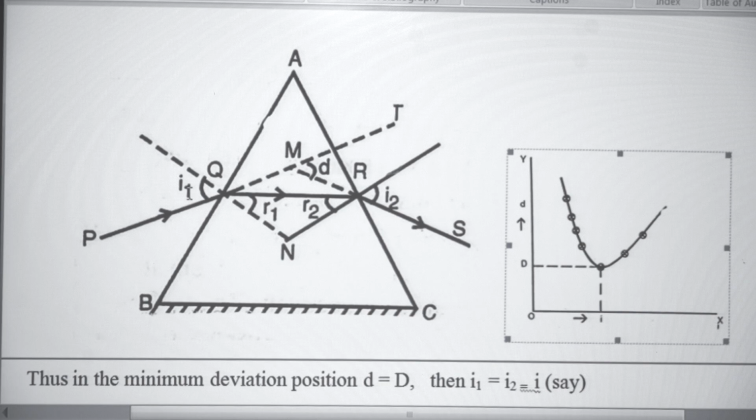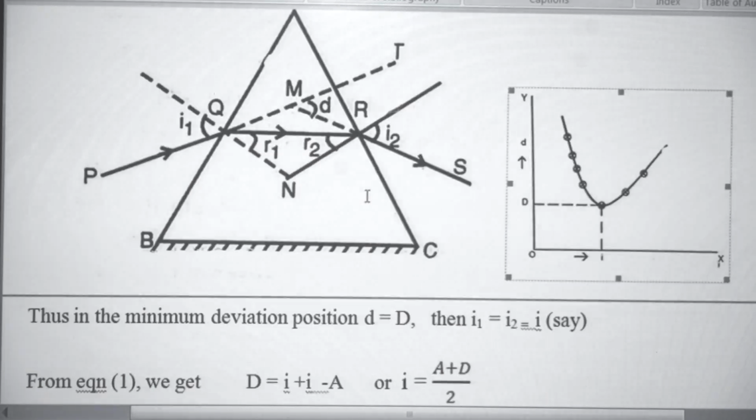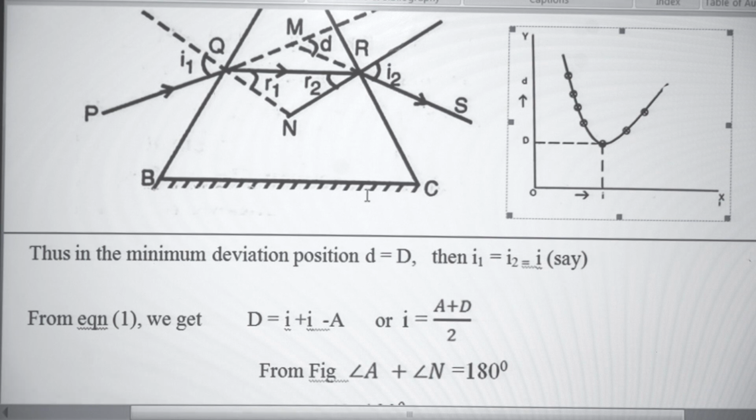I1 is the angle of incidence and I2 the angle of emergence, and D is the deviation. And here we are having two more angles, R1 and R2. R1 is the angle of emergence at the incidence side, and R2 is the angle of incidence at the second phase. And from the diagram we can see